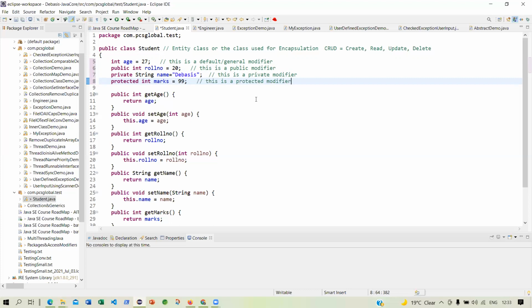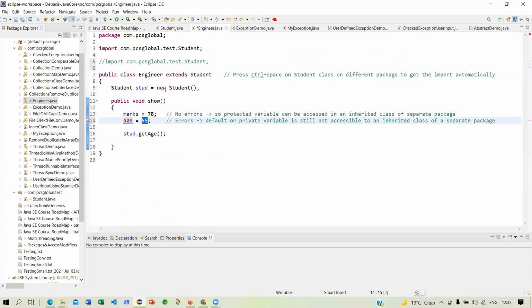Sir, I have a question. Student class is an entity class, and is the engineer class also an entity class or anything else? No, this is a normal class. Why is it not an entity class? Does it have any private data, and does it have any getters and setters? No. I have only one method, show, but this is not a getter and setter, because I have no private or any data as well.